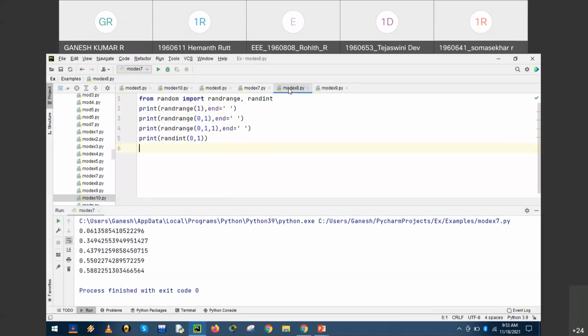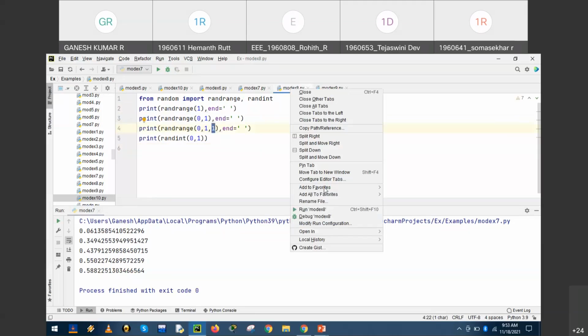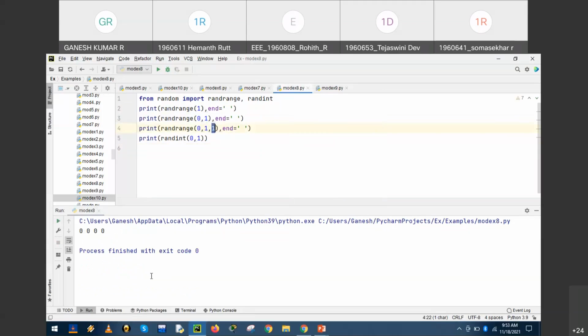Moving on to the next program. Selectively, we can have randrange of 0, 1, with begin, end, and the interval. Okay, we check the output: 0, 0, 0, 0. It is an integer. I will take the last one, randint of 0, 1.